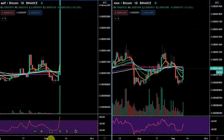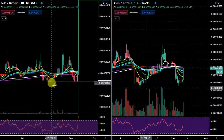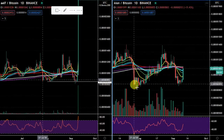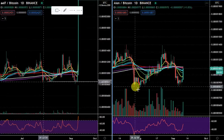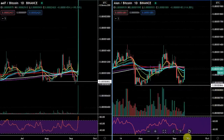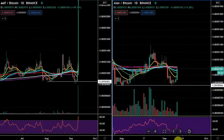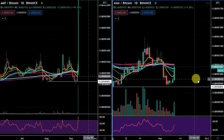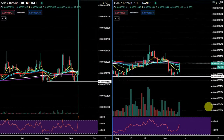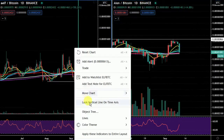Now, the only difference here, and it's a shame, is that this had to stop, this came down and took out liquidity. Now, of course, you don't need to do that, but it would have been nice if it did that as well. It came down for basically a double bottom, so that's good enough in my books as well. And it was a bullish RSI as well. Anyway, so this needs to be on watch because the two of them move hand in hand, and this could also explode. If I do an invert scale on both of these,